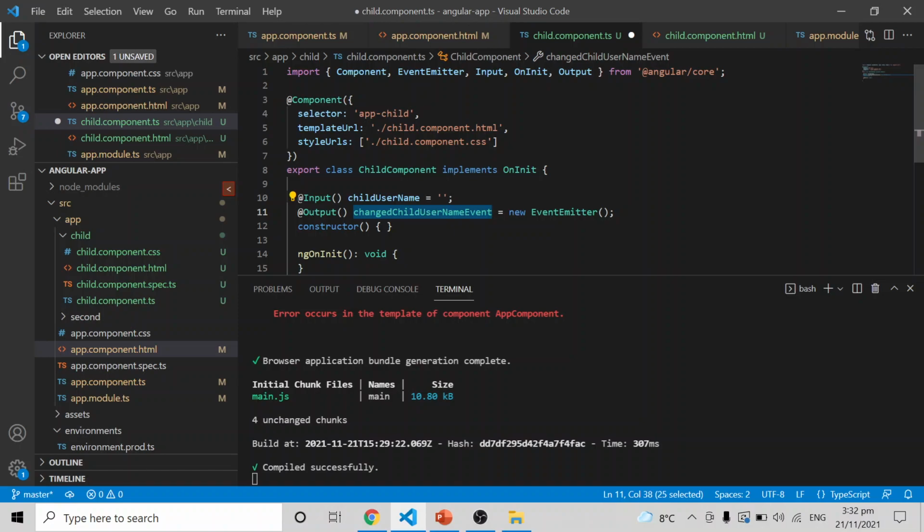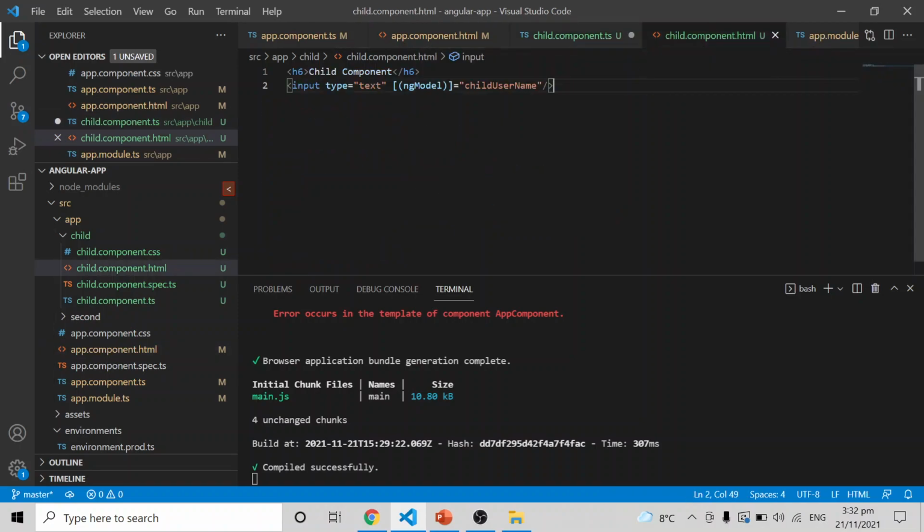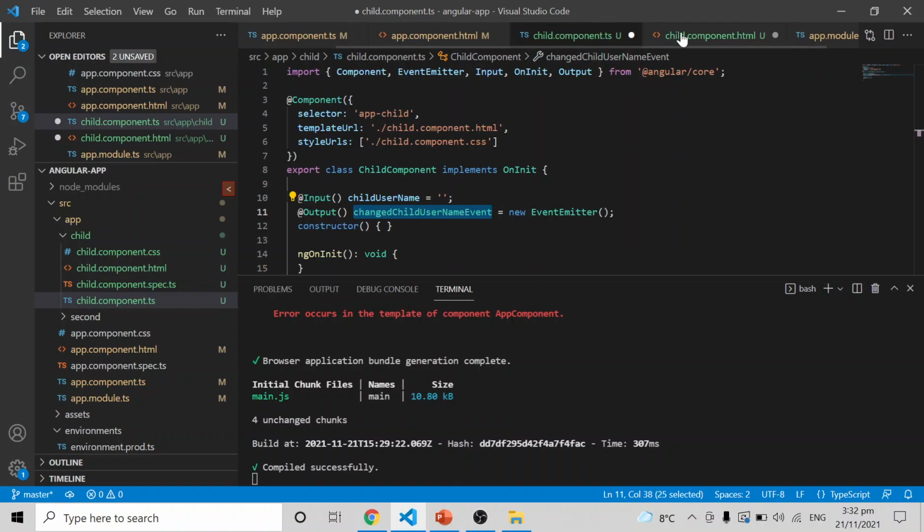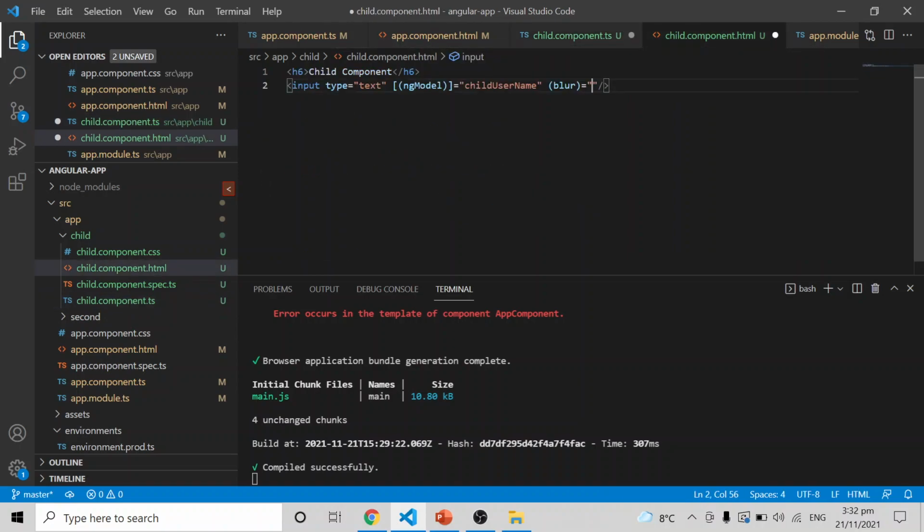Okay, in which scenario we have to pass this data. So for example, in the child element, I can do in such a way that in the input box, if I blur or on focus out of that particular input box, I have to call a function, informParent, something like that. I am calling a function here.